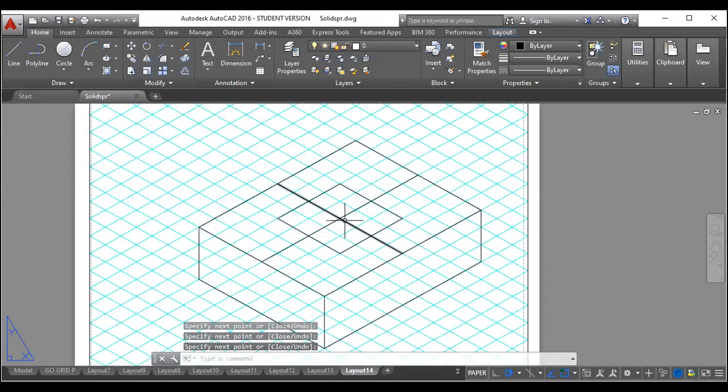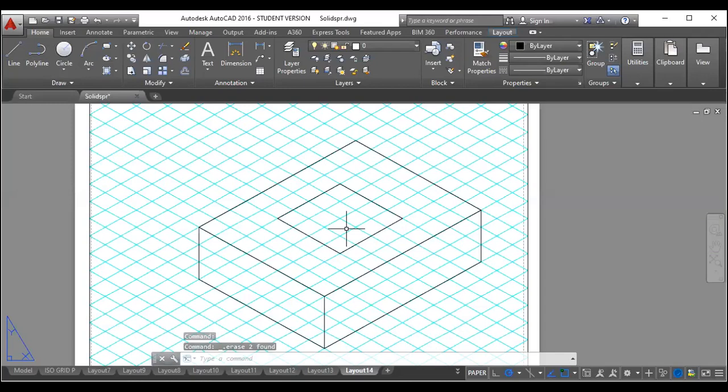So I just identified the center. I wanted a box of 40 by 40. So from this center, I have gone 20 this side, and then from 20 this side, 20 this side. I got this one line. Then from here 40, 40, 40, like we used to do in the previous problems. So I'll delete these reference lines. Now this box what we have drawn here, it is a cut of 40 by 40.